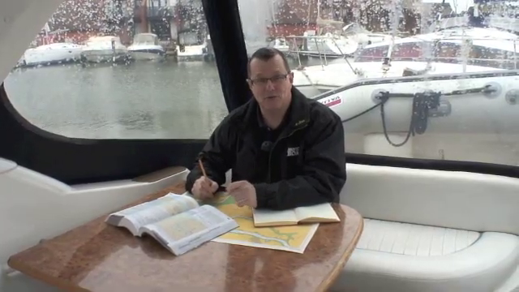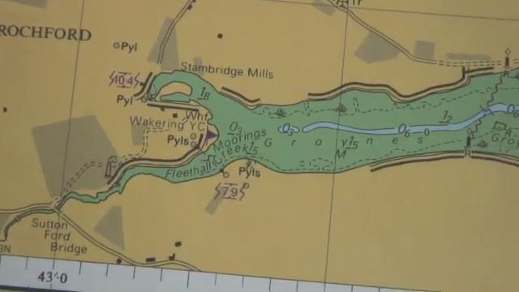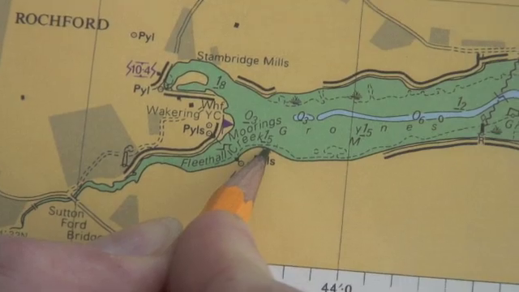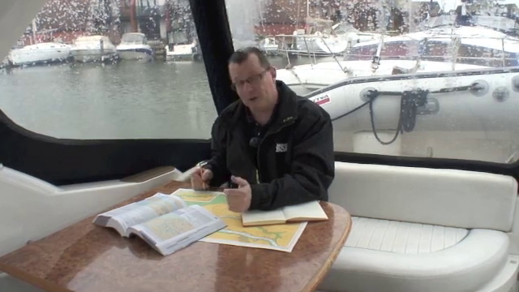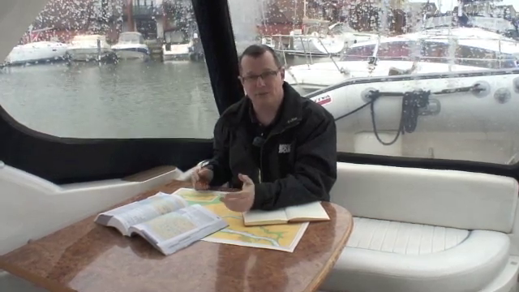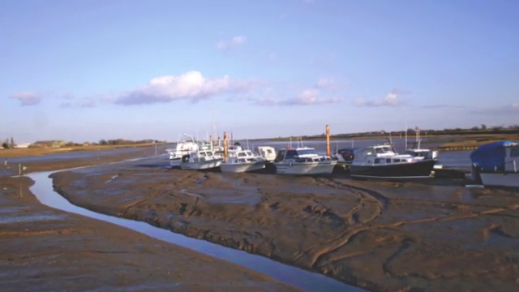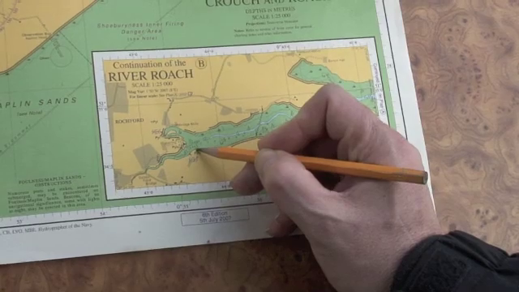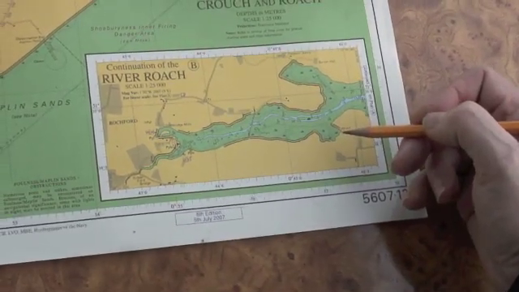at those secondary ports. So the secondary port we're going to look at today is the port of Rochford at the head of the River Roch. The first thing we notice about this from looking at the chart is that the moorings there dry to 1.5 metres. So obviously we can't get in at low water, so working out the time of high water is very important. It's equally important to work out the height of tide for this port, because with a drying height of 1.5 metres, our window to get in is going to be quite small, possibly even not at all on small tide. So we're going to work out the height and the time for a visit to Rochford on the 17th